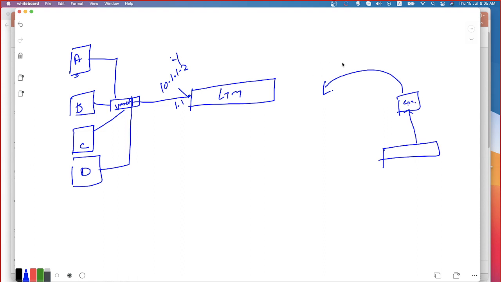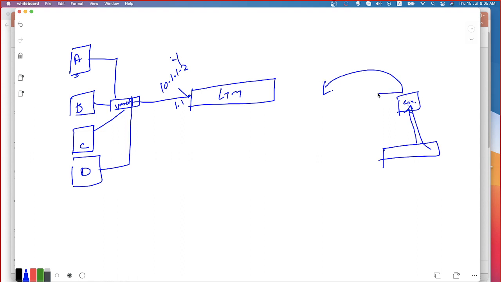They could be in the same segment. Assume that you have two offices, in Chennai or Bangalore or somewhere else, with a couple of servers in office 1 and a couple of servers in office 2. You can position your LTM in office 1 or office 2. As long as the rest of the servers are reachable, you can add them. The firewall will permit the traffic to your LTM, and the LTM will forward the traffic to the respective servers.